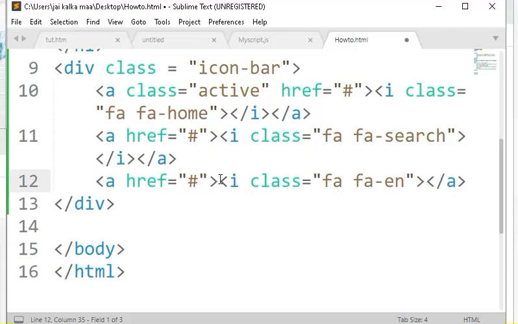You have also seen the envelope icon in websites. To add the envelope, we are going to assign it as fa fa-envelope. These classes are already defined in the CSS file, so you just need to link it from the internet. I'm going to give you a link to the CSS file, so you can use that file to use those icons in your website.